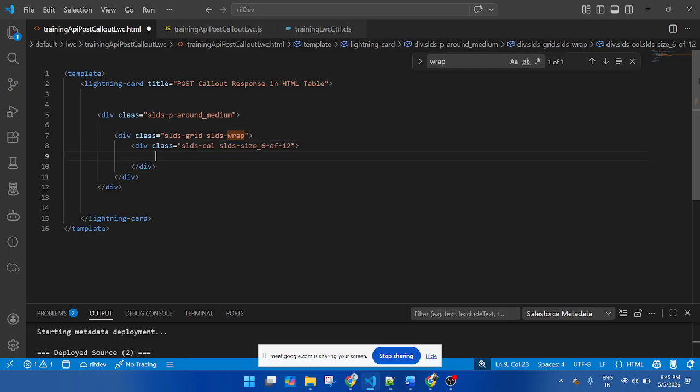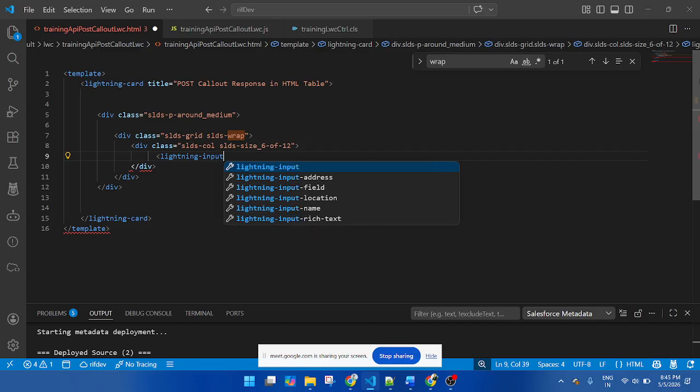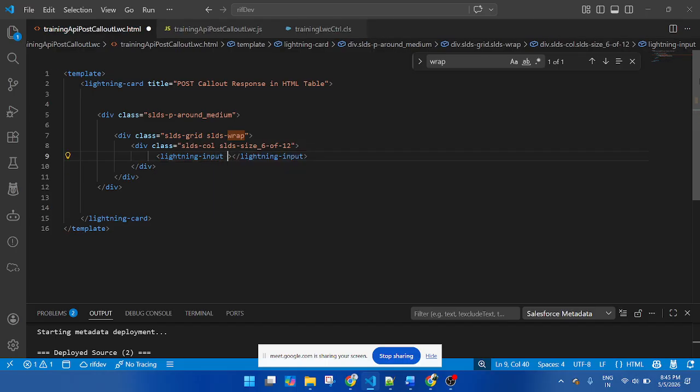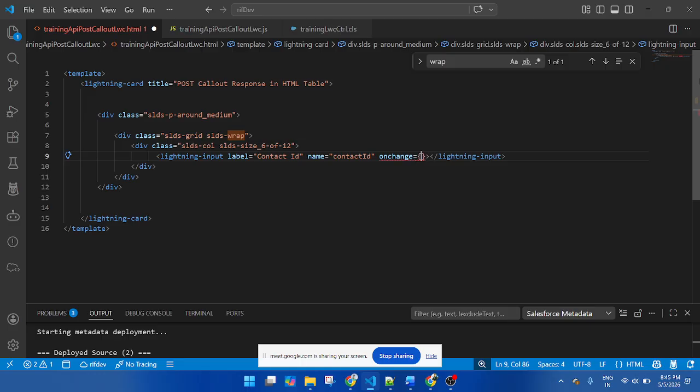Then here I will create a lightning input field. Label contact ID and name contact ID, onchange handle change.